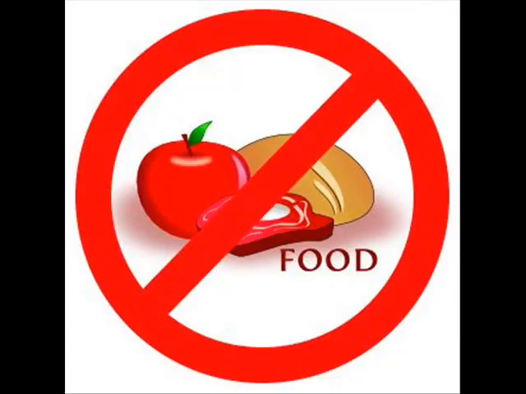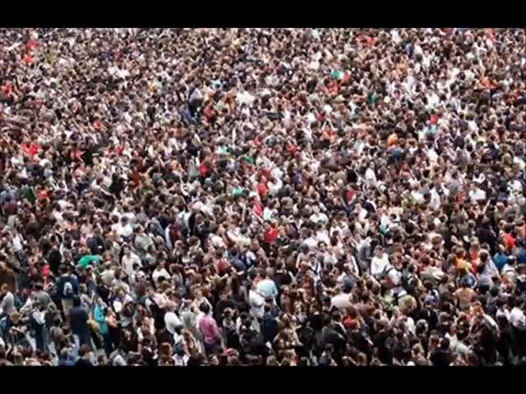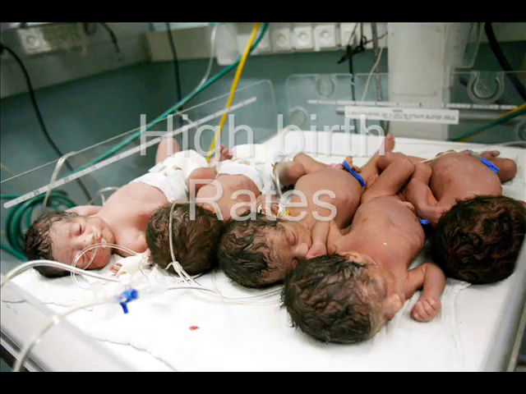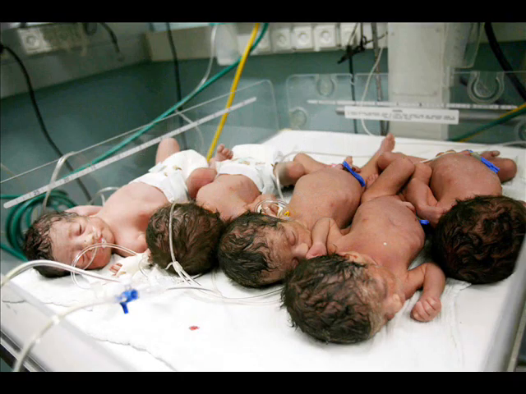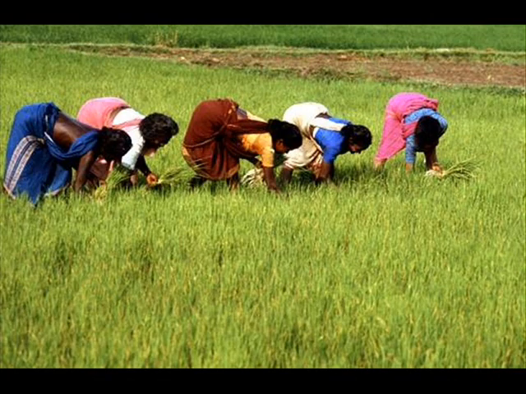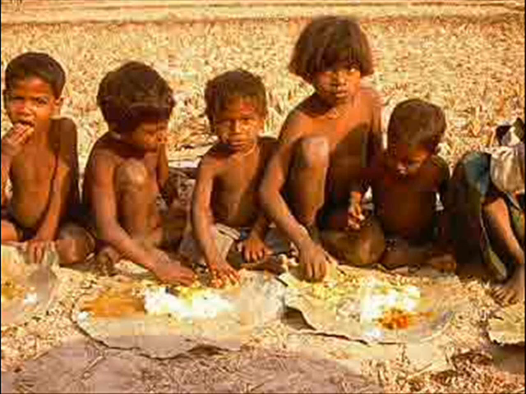When there is overpopulation in an area, the amount of water, food, and land is not sufficient for the amount of people. High birth rates are a cause of overpopulation. When the birth rates start increasing and death rates decrease, people use the resources faster than they are produced. If there's not enough food or water, that's when people start going through malnutrition, which means that people aren't getting sufficient or any of the nutrients they need to be able to survive.